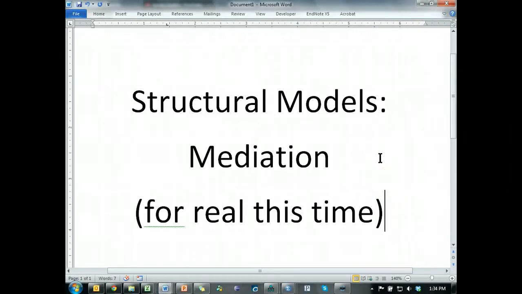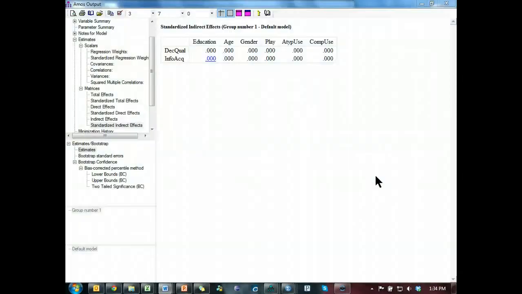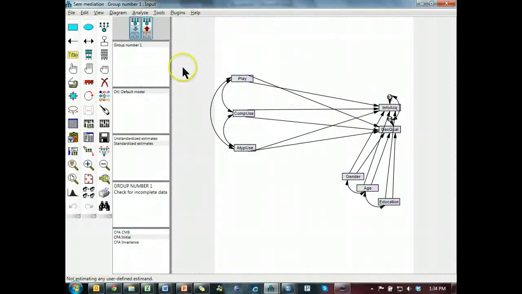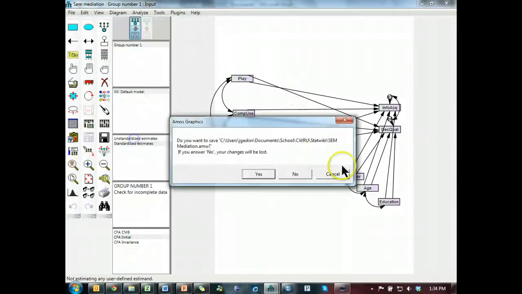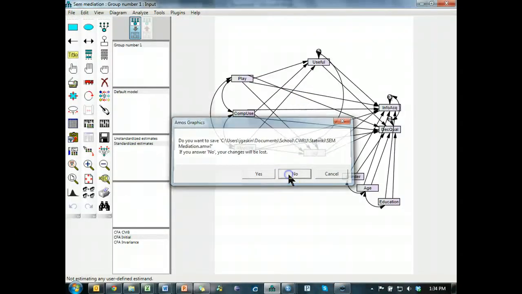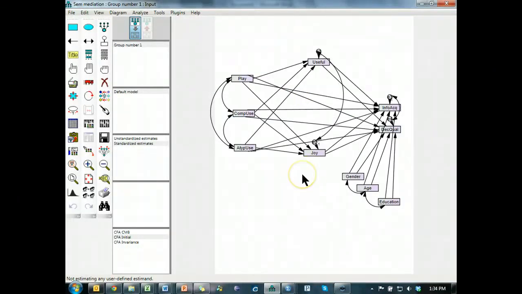This time I'm going to do mediation for real. Last time I promised mediation and we didn't get to it. Here we go. Mediation. Let's see, let's go back to here. There we go. Okay, so this is where we ended. We had the full model built up